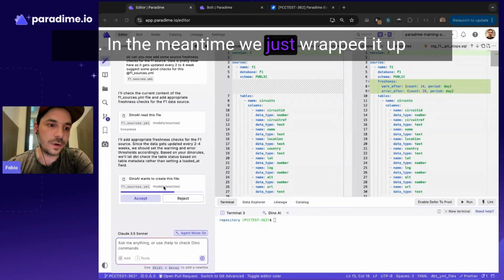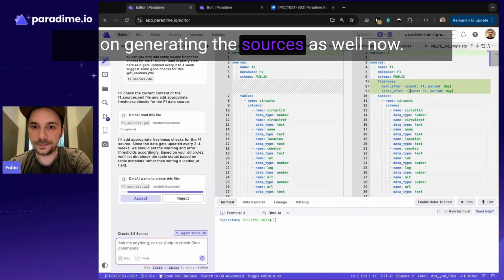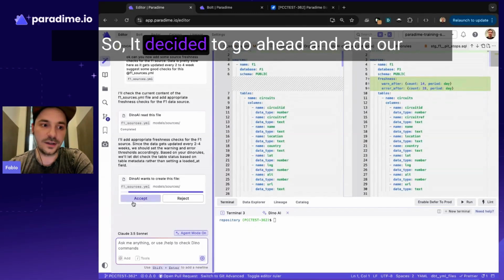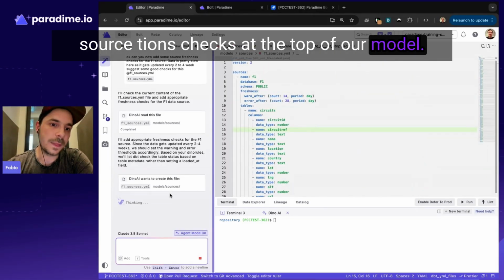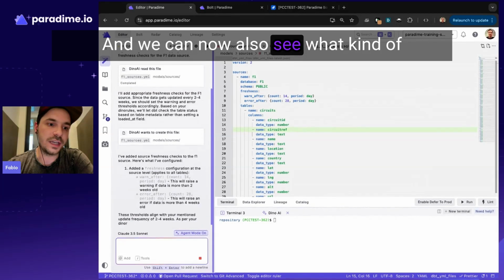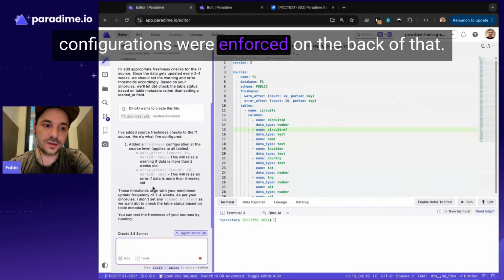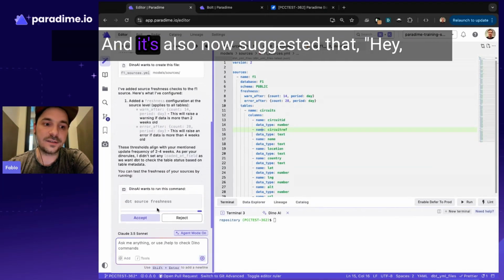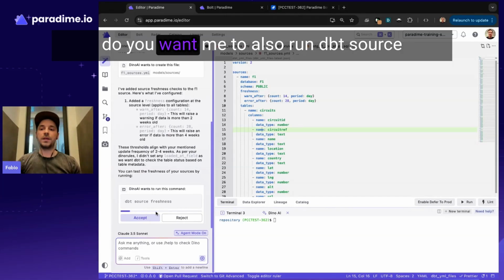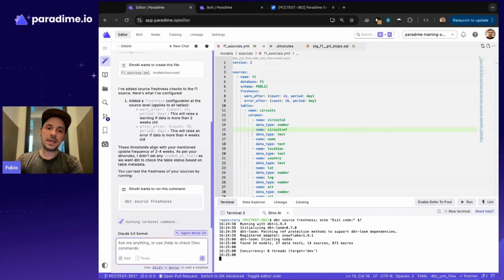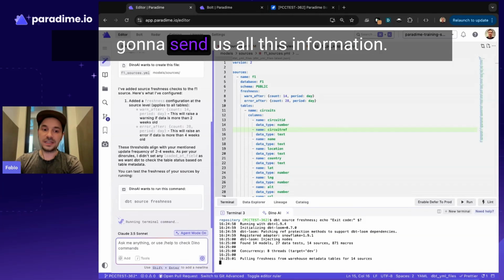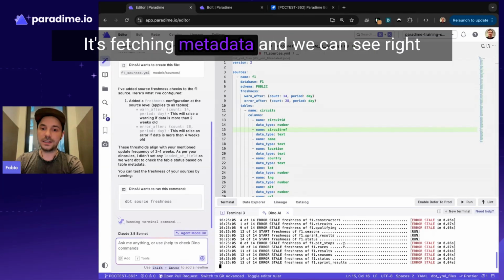In the meantime, we just wrapped up generating these sources as well. So we decided to go ahead and add our source freshness checks at the top of our model. And we can now also see what kind of configurations were enforced on the back of that. And it's also now suggesting, hey, do you want me to also run dbt source freshness to check where these things are? Again, using the terminal tool, this is going to send us all this information, saying fetching metadata,